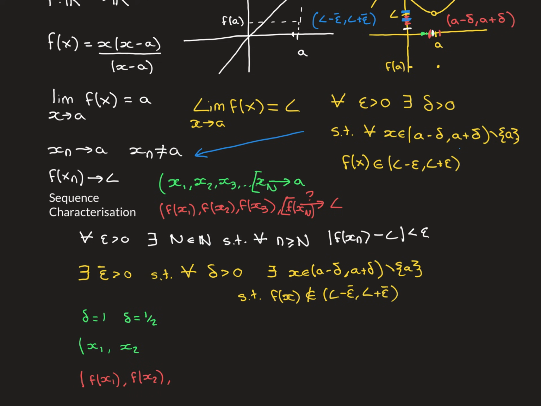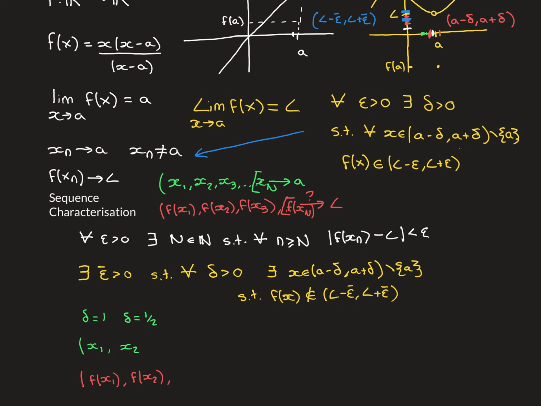Now to get the second term of the sequence, half the size of the interval, consider delta is equal to a half. Again, on this picture, we can now use our red interval to represent the delta is equal to a half interval. And again, because this is true, there must exist some point inside that interval that is not A itself, that is mapped outside of the epsilon bar interval around L. Take that point and put that as your second term of this sequence. And again, if you look at its corresponding term in the image sequence, we know that that is going to be outside of the epsilon bar interval around L.